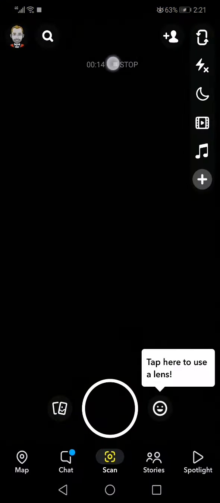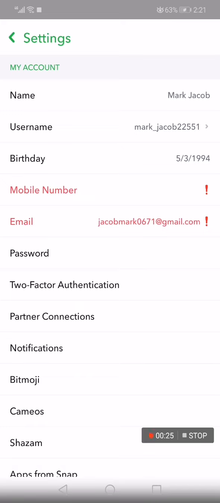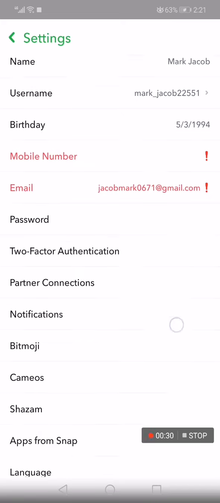Just go to Snapchat. Now this is the home page, as you can see right here. Go to the top corner and click on your avatar. Now go to the top here again and click on the settings. Now after you click on settings, all you have to do is just scroll down